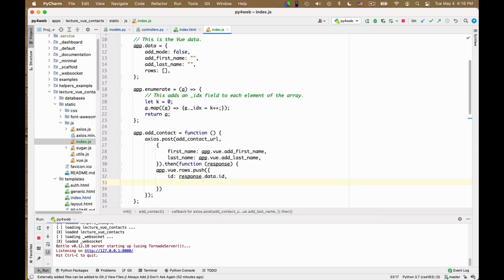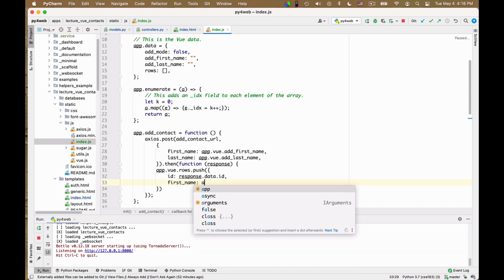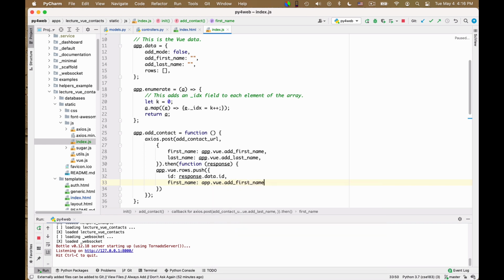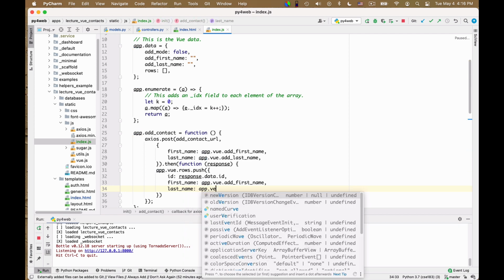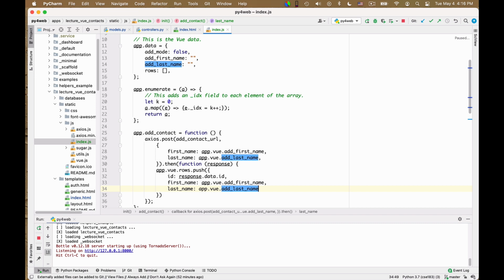It has a first name that is app_view add first name, and it has a last name which is app_view add last name.